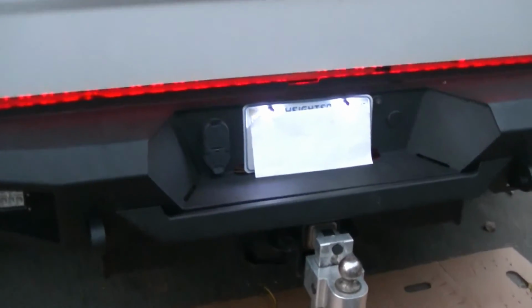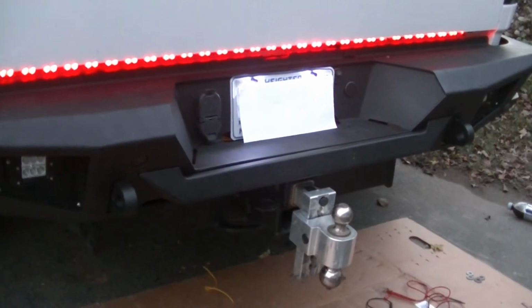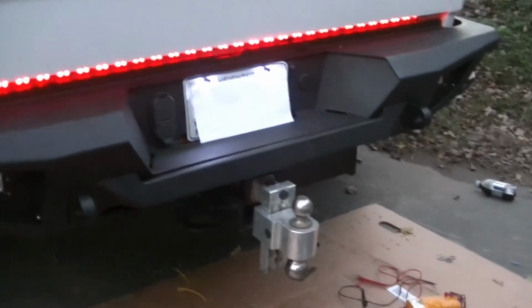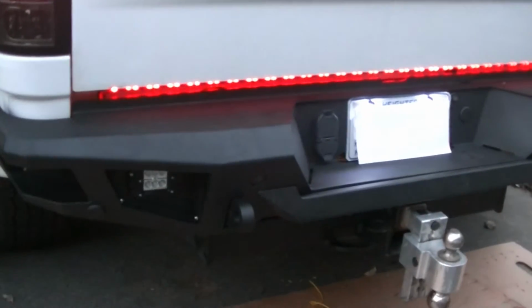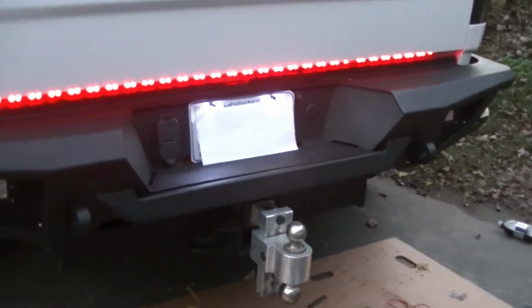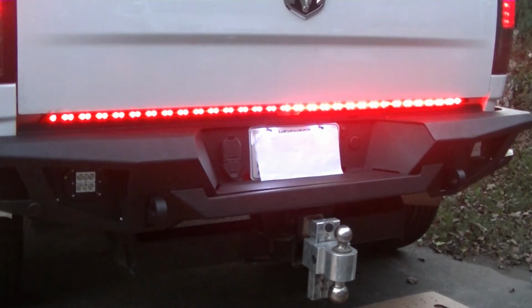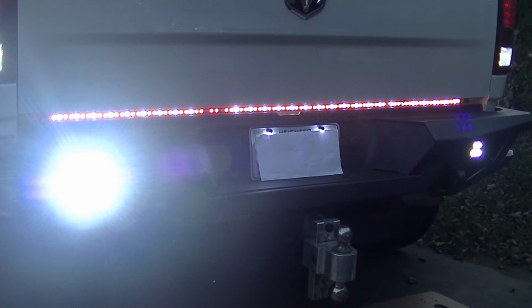I just tapped into the tail lights instead of cutting the plugs off of the original license plate lights. If I could not cut a plug off, I'd prefer to not cut a plug off. So that works. That way I just tapped it into the 7-way. And then finally, got them tapped into my reverse lights. That way when I back up, those will automatically come on. And everything looks good. Great fit. Tailgate opens without hitting the...